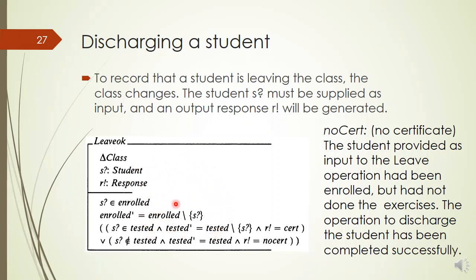You can basically split this operation schema into two schemas. So you should do it on your own. With the first predicate, it would be leave OK, and with the second predicate here, it would not be okay. So you can split this schema into two schemas. The first schema would be leave OK, and the second schema is sort of a warning, or you can say, without certificate.